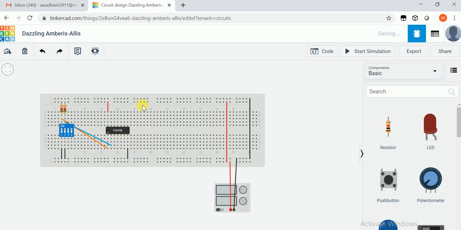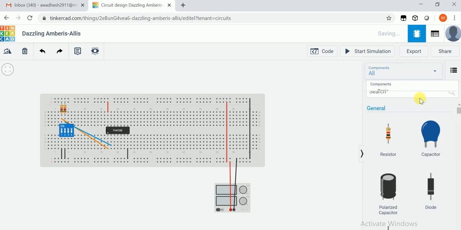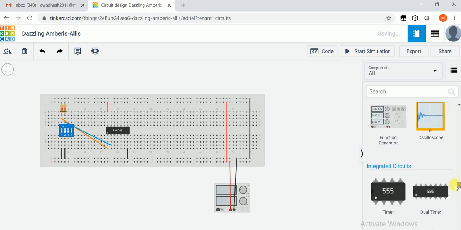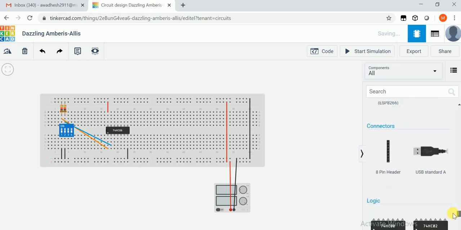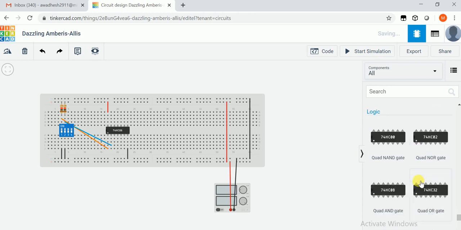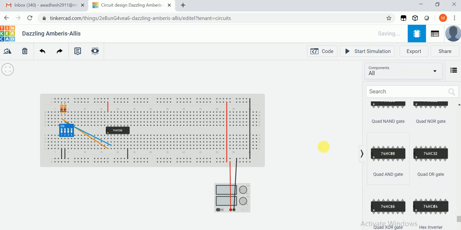Okay, so we also need one more gate, that is the AND gate. So we'll move again to the all section. We'll go to the logic section, which is in the last part, and we will see this 7408.